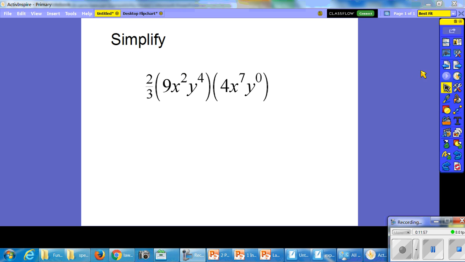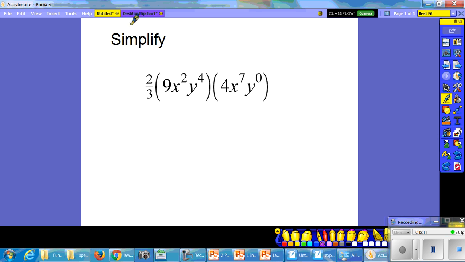All right, our last example. We have here 2/3 times 9 x squared y to the power of 4 times 4 x to the power of 7 y raised to 0. Okay, so first let's try to multiply our coefficients. I have here 2/3, 9, and then 4. So we can multiply 2/3 times 9 times 4, and then we can multiply